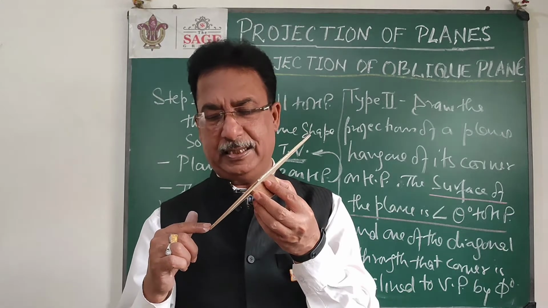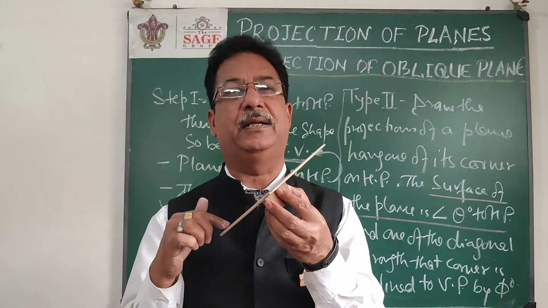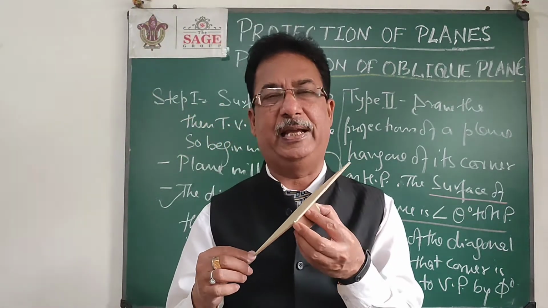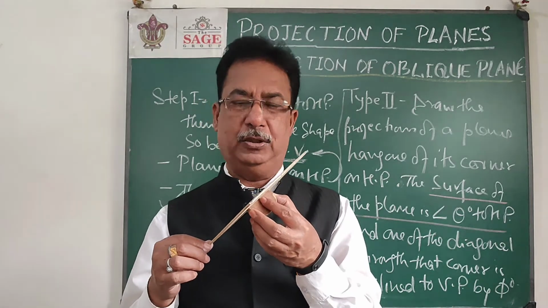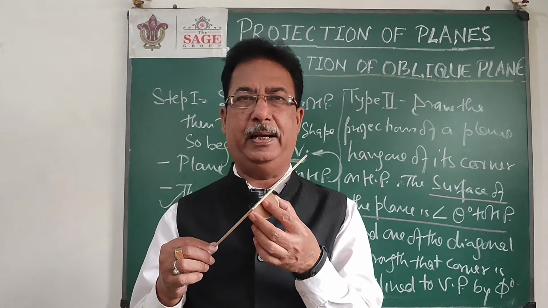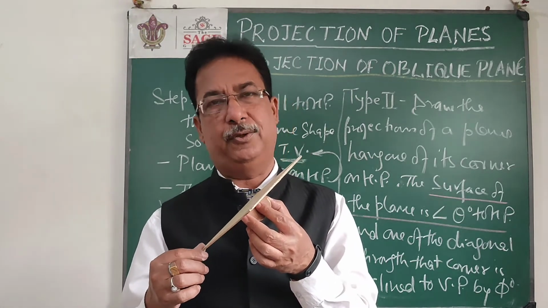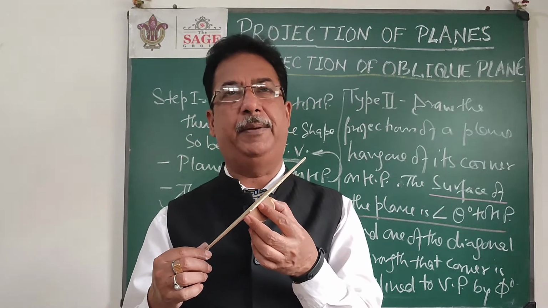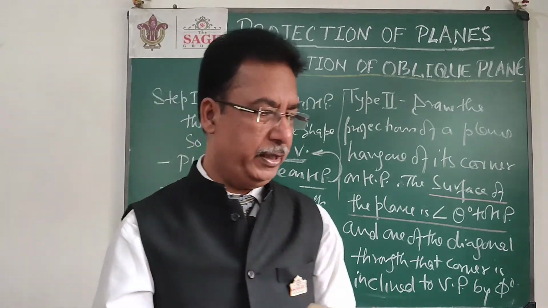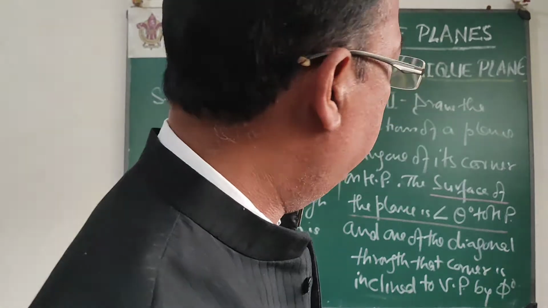Now in the second stage, again I have two options. I can either rotate this diagonal or maybe this diagonal. So that will be given in the problem. The opposite diagonal or the same diagonal, that depends. So the logic will be, again, initially we are making the surface inclined to one plane, and later on we are making one of the parts of the plane inclined to the other plane, maybe a diagonal, maybe a diameter, maybe one side also. Side can also be there. So this is the way to rotate a plane on the corner basis.